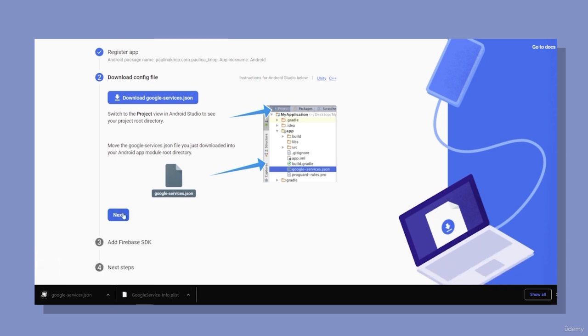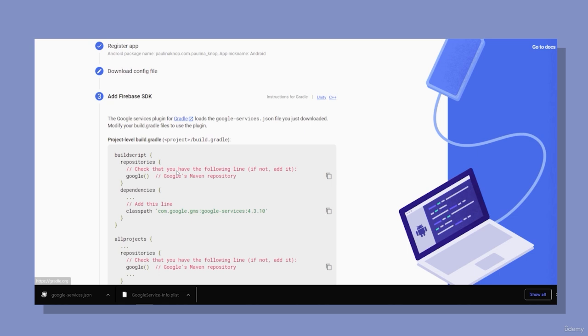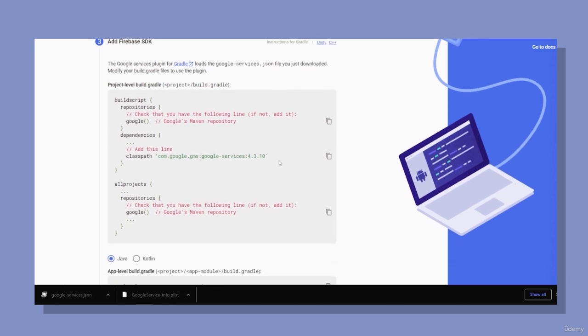So we have to add some configurations to the project level build Gradle that's inside the Android folder. To do it, I'm gonna copy this line and then in the Android folder,